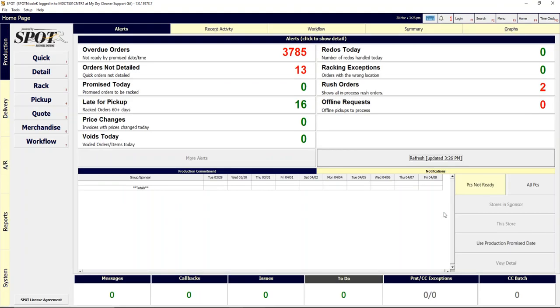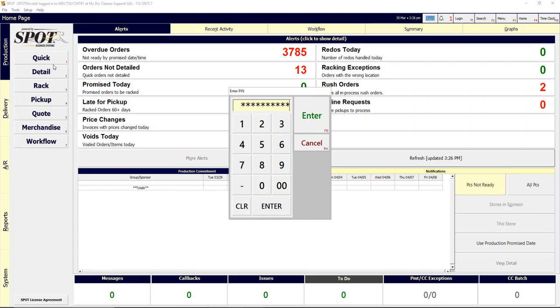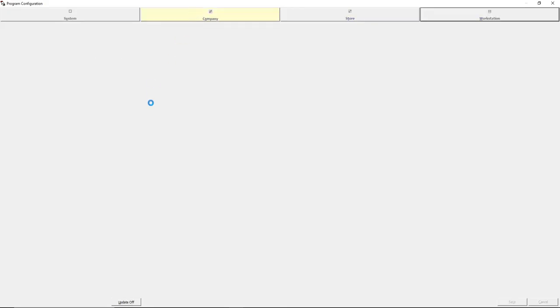The second method, where we add a charge for each delivery, is going to be a two-step process. So the first step would be creating the charge. The second step would be adding that charge to the route. So start off with, we're going to go Program Configuration again. This time we're going to go to Company,